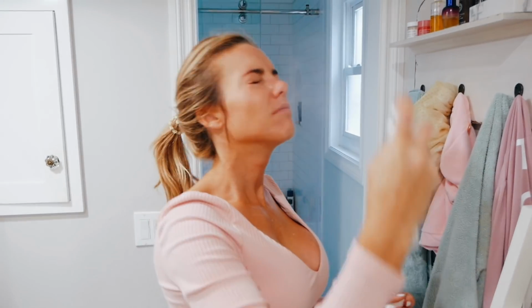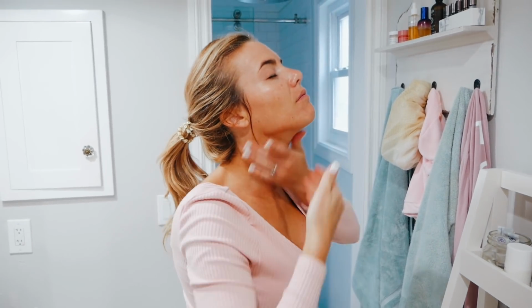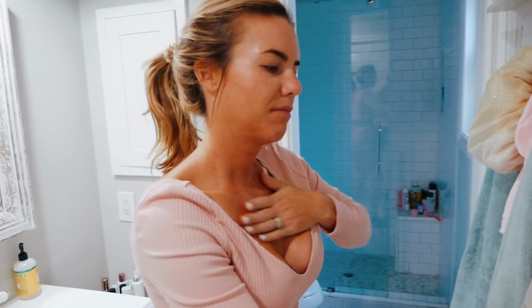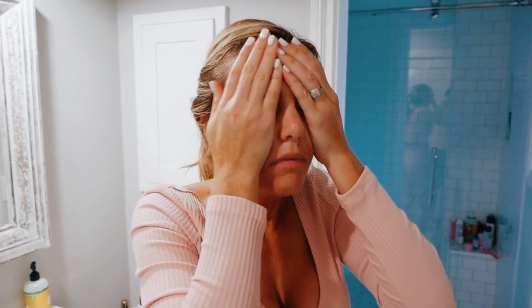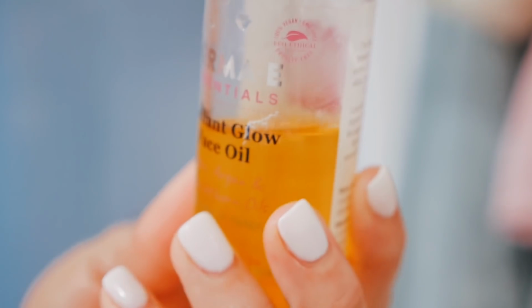This cream is specifically for your neck and your chest, which I think a lot of us forget to do. We do our face, we maybe put lotion on our hands or our legs, but your neck and chest needs it so bad, especially as you get older. So start young and start doing all the oils and lotions and potions to keep that skin nice and beautiful